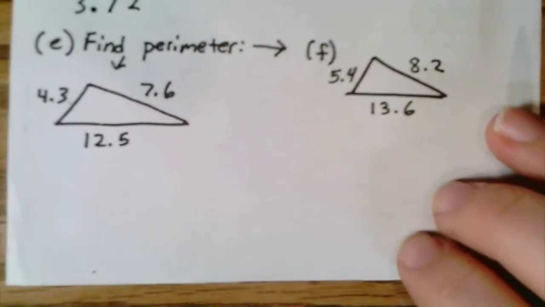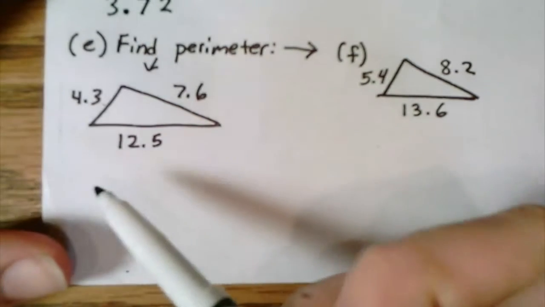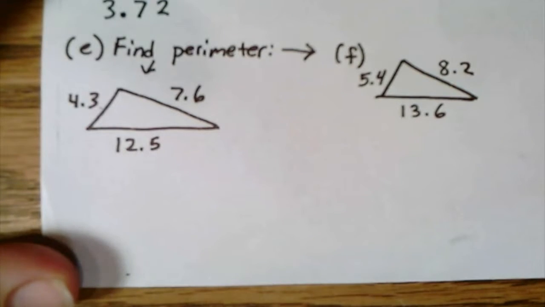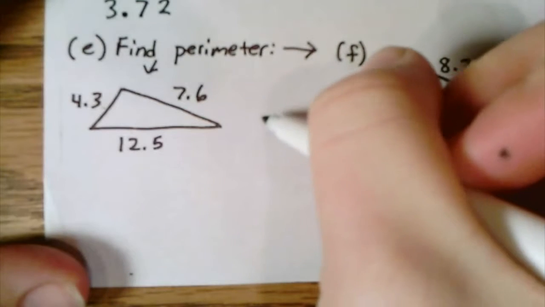Here's another type of example you might come across. This says to find the perimeter. Now remember, area is multiplying and perimeter is adding. So to find the perimeter of this triangle, I need to add the lengths of these 3 sides. So I can do that. I'm just going to do exactly what we were doing before. So I have